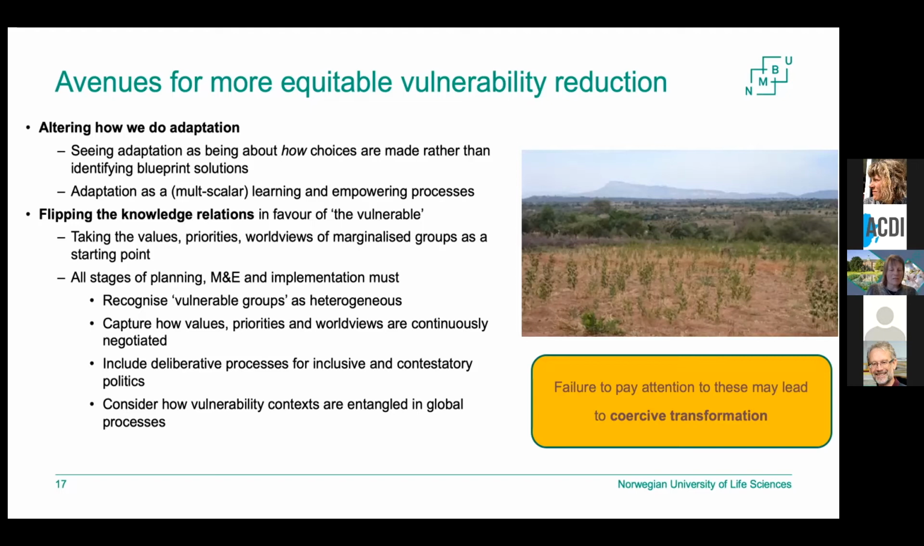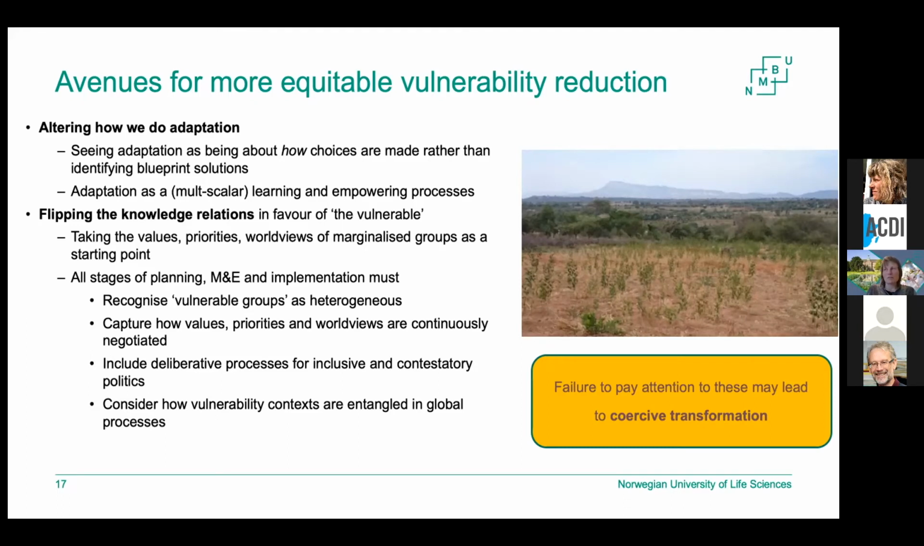We need to capture how these different values, priorities, and worldviews are continuously negotiated. Not about reaching consensus, but seeing how they're different. To include more deliberative processes for inclusive and contestatory politics. So part of this is, well, if an adaptation project, through its governance or through its knowledge processes, gives space to marginalized groups to actually contest some of the inequitable relations, and to be given more space in the public sphere,